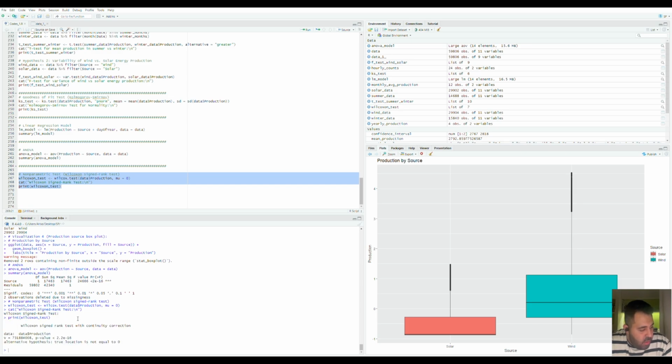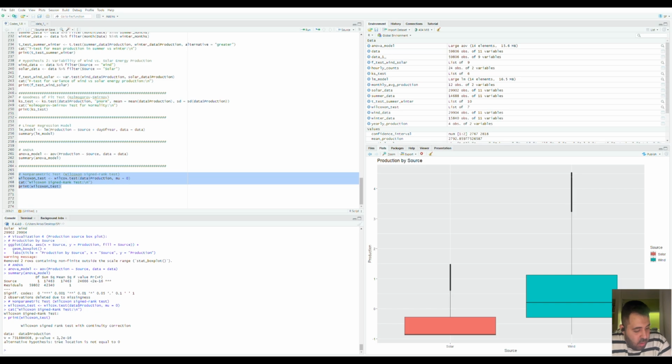In here, the test is performed on the variable production, and the test statistic is V, and the p-value again is less than 2.2e-16, which is essentially 0 when we round it,